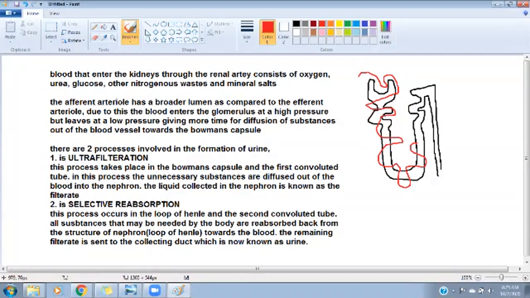ठीक है, कुछ इस तरह से, जो कि अगर आप देखें तो यहाँ से ये ब्लू कलर की हो जाएगी, क्योंकि ये वेन में तब्दील होके और फिर ये वापस जा रही है। ठीक है, कुछ इस तरह से आपकी बुक में डायग्राम दिया हुआ है। अच्छा, इनिशियली क्या होता है? इनिशियली मैं ग्रीन से दिखा रही हूँ कि सब्सटेंसेस जो हैं वो आपके ब्लड वेसल से बोमन्स कैप्सूल में फिल्टर हो रहे हैं। अल्ट्रा फिल्ट्रेशन का प्रोसेस है, यानी ब्लड से चीज़ें जो हैं वो बोमन्स कैप्सूल में आ रही हैं।